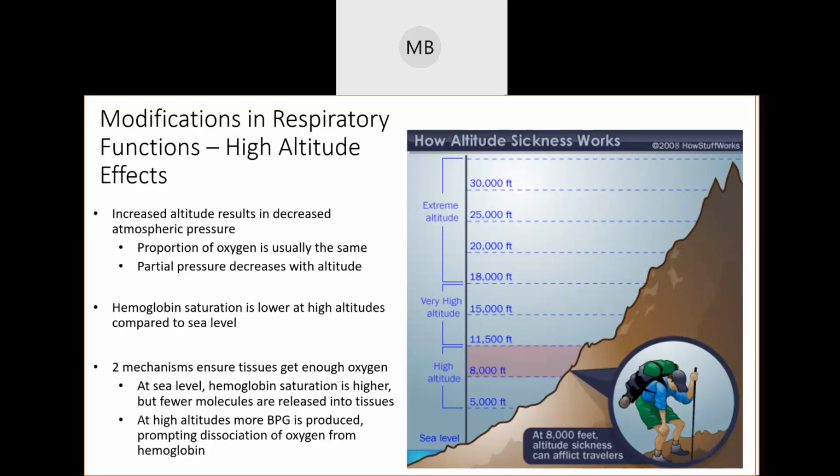The fun quirk of this is if you find a population of people that have lived, due to heritage, for hundreds of years, at higher altitudes long enough, their bodies may actually just naturally produce more of this BPG and more red blood cells, right? And as we talked about in our blood unit, if you find a group of people who have acclimated to higher altitudes like that, they're going to be better at sports and more efficient at carrying more oxygen, which is going to be more efficient for them to go through things like sports.